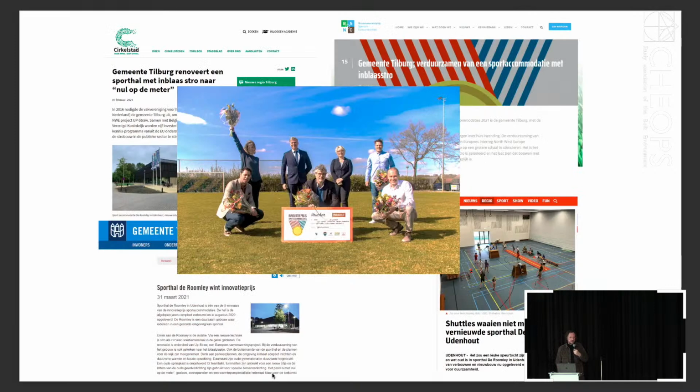Then we got an innovation prize in 2021, sorry, by NOC NSF, which means that now we are presenting this building and technique. How can you work with an existing building, keep your existing building, and then alter it into 2023 or 2030, whatever you want, and work with that. So sometimes a sports hall is not completely fit for the newest rules, but then again, sometimes you have to accept that it's not completely complying, but you're working with the same building, which is always, I think, better than completely demolishing it and building a new building